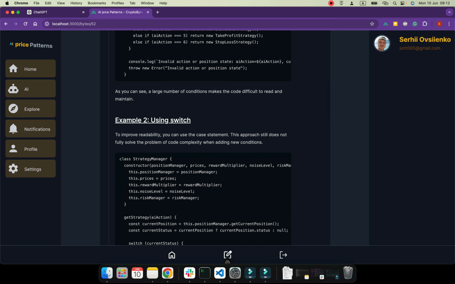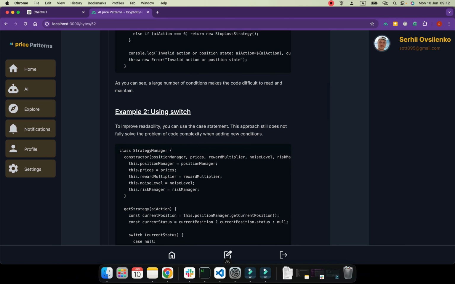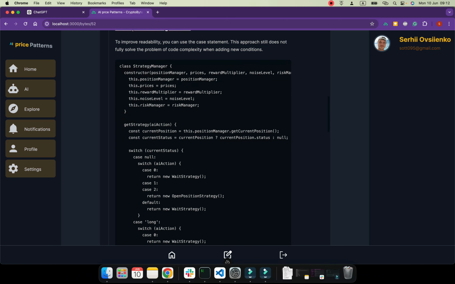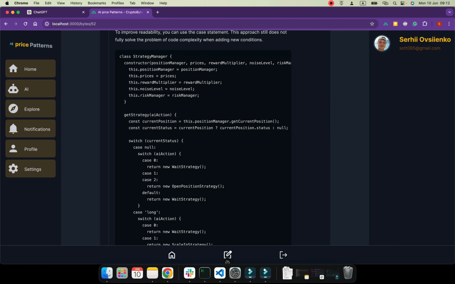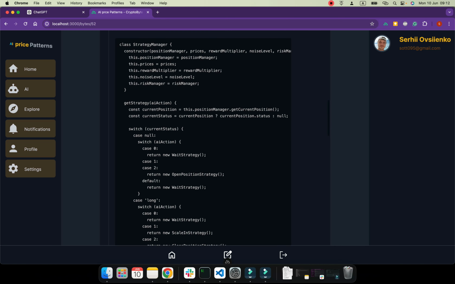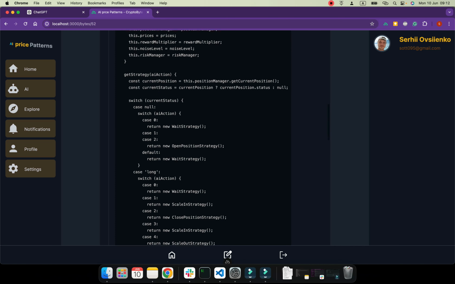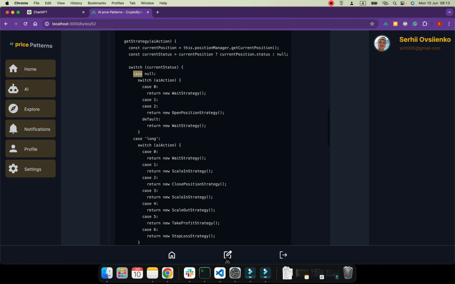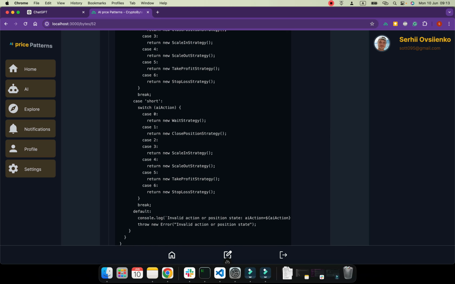The better approach would be if you are going to use a switch case. Yeah. In the new version of Python, the same also exists as the match operator. This code would be more clear, and we can understand what is the current status, case null. If we haven't any position, we can manage this one. Yeah, it's more clear